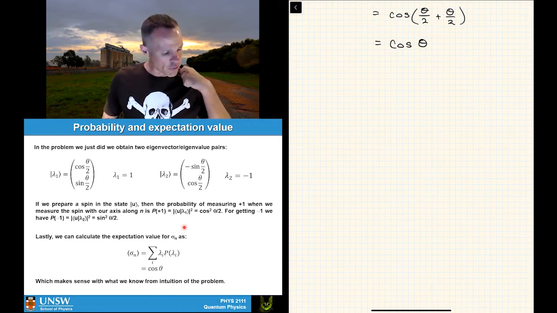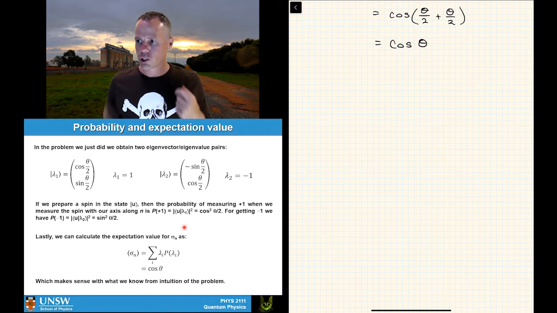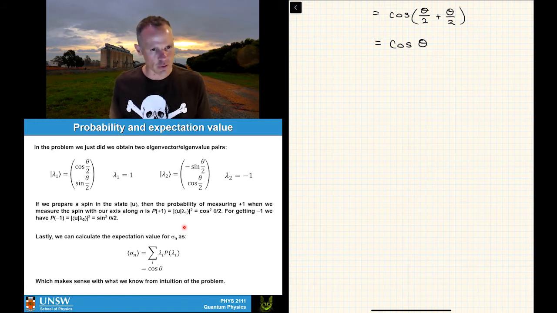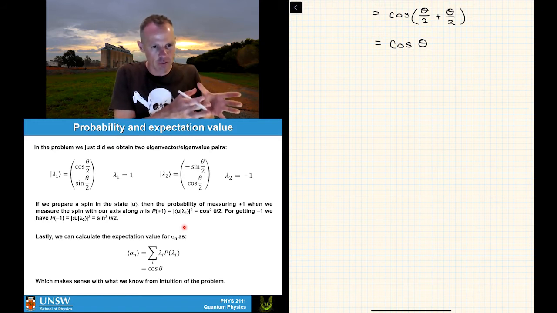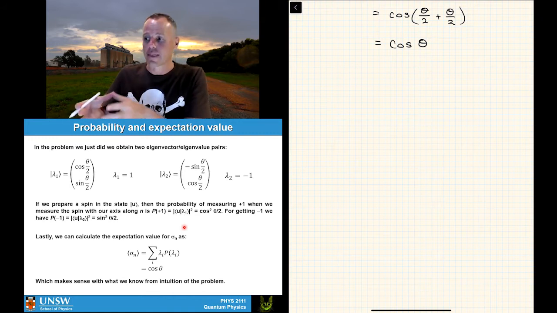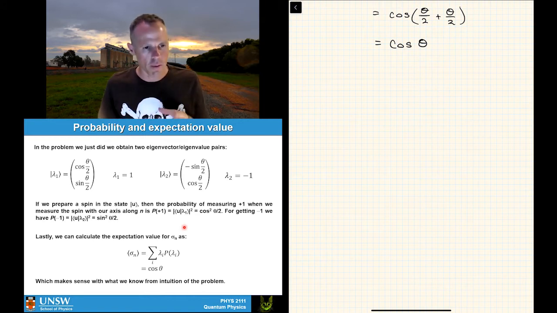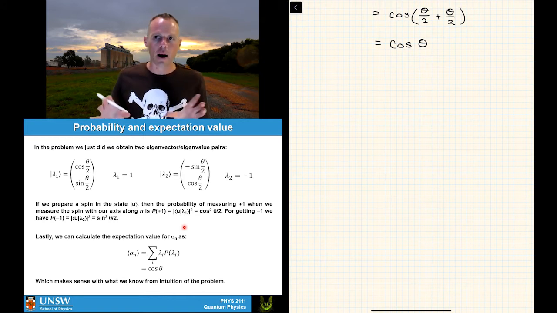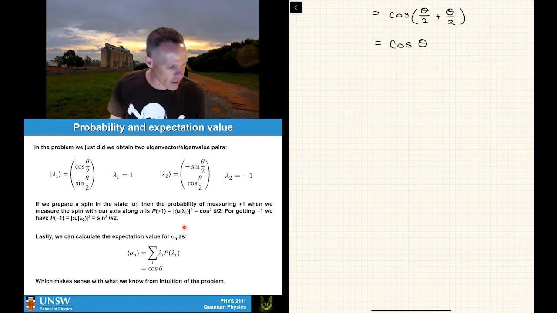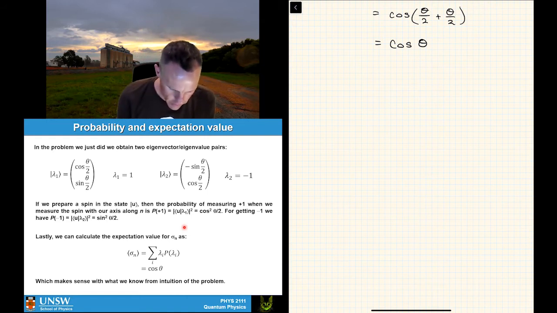So where I want to finish off with this is to just look at some quick limiting cases of this, just to show that the values that we get for this general problem drop out to sensible values. And then the last thing I want to do is point out something called the spin polarization principle. I'm not going to prove it today, but I'm going to use it next week. So I want it in place for when I come to using it. So let's do the first thing,